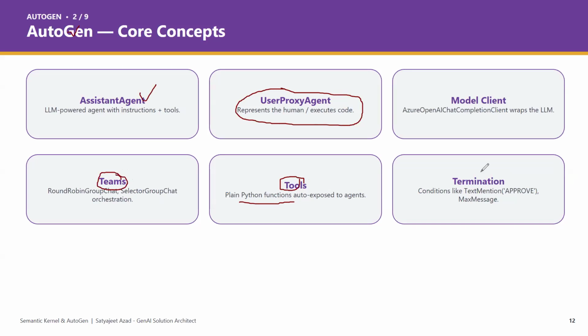Then you have something called terminations. Because of this user proxy agent, we need some feedback from the user. That is why you see this approval. If I approve it, then it can go to the second loop. And model client is like chat completions. Again, how your logic will be wrapped inside the LLM so that you get a response back. So these are the concepts you come across when you work on AutoGen. But the first thing that you will see in the Python code is always the user proxy agent, because this is the human in the loop, right?